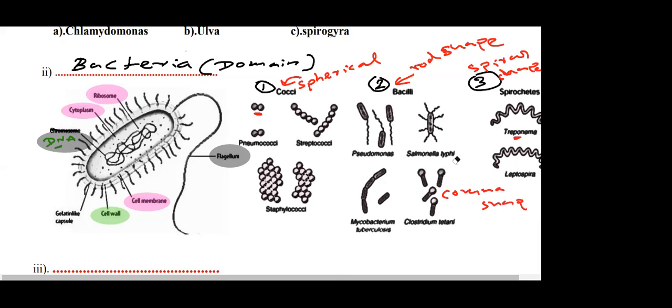Bacteria can be classified according to the shape. So Mycobacterium is a rod-shaped bacteria. Pseudomonas is a useful bacteria. This is called denitrification. Mycobacterium, this is called TB. TB means tuberculosis, caused by this bacteria. Tetani, this bacteria causes tetanus disease. Tetanus, that is the comma-shaped one. Tetanus disease is caused by this bacteria. This Mycobacterium tuberculosis causes tuberculosis.